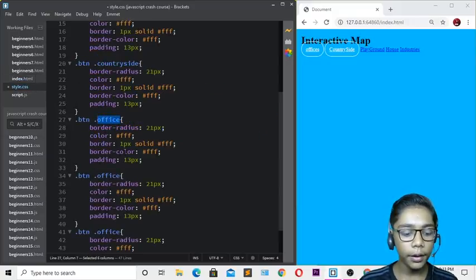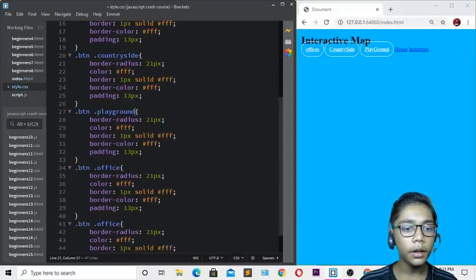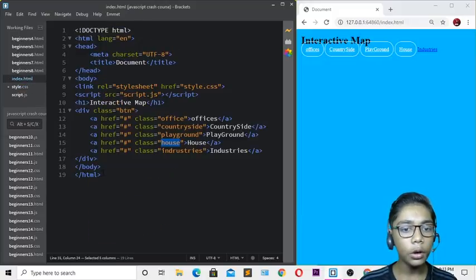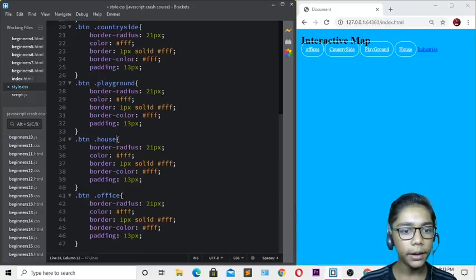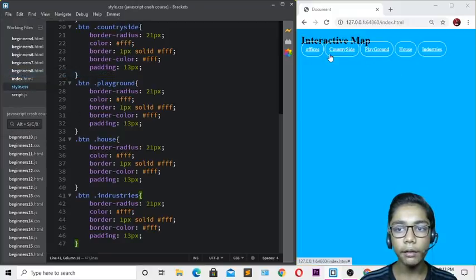Okay, so now when you've done that, paste that over here, go to index.html again, and I will copy this house one, and now when you've done that, you have to come over here and paste that over here. So just when you've done these all, you have to come over here, and now I will copy this industries over here, and I will be pasting that over here also. Okay, so now when you've done these all, I will be erasing that. Now over here when you've done that, you have to hit save over here, and now you can see we are getting our buttons.